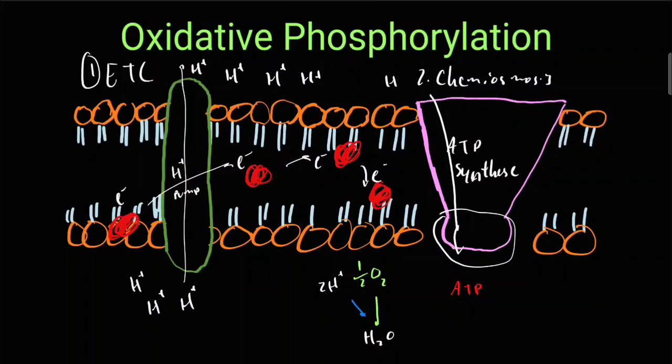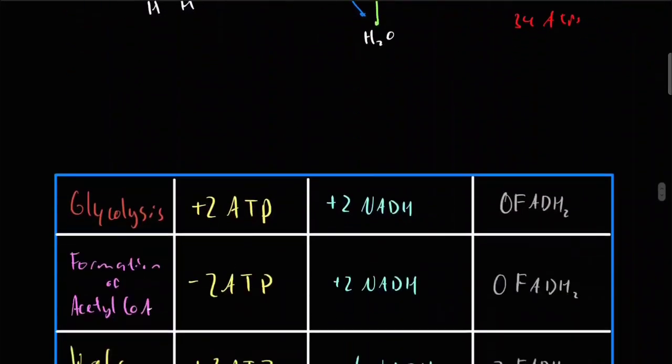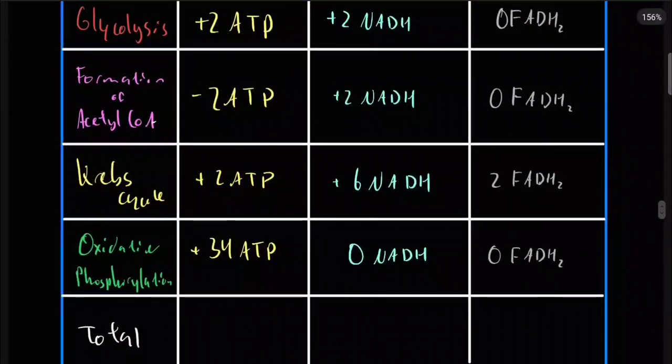Now, a quick reminder, it takes roughly 3 protons to make 1 ATP, and at the end of this, roughly 34 ATPs will be made. Now, that's the last step, and this is a quick chart that kind of summarizes everything right here. Now, glycolysis creates 2 ATPs because 4 is made, but 2 are used, so that's a net gain of 2. The formation of acetyl-CoA loses 2 because it takes 2 ATP to move the pyruvates into the mitochondrial matrix. The Krebs cycle creates 2, and oxidative phosphorylation creates 34, and that means 36